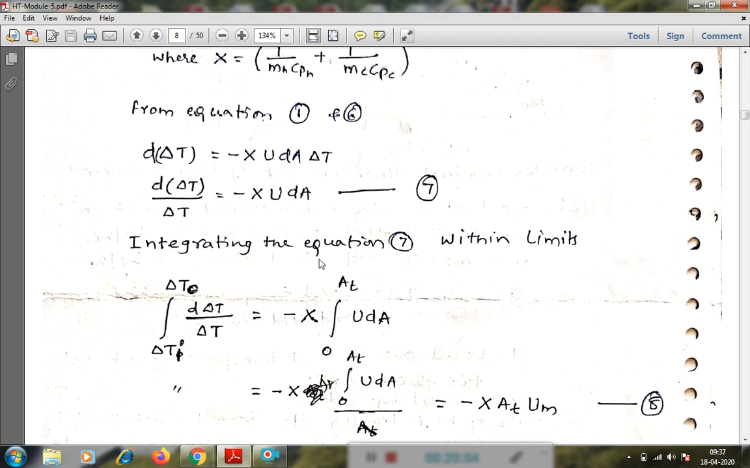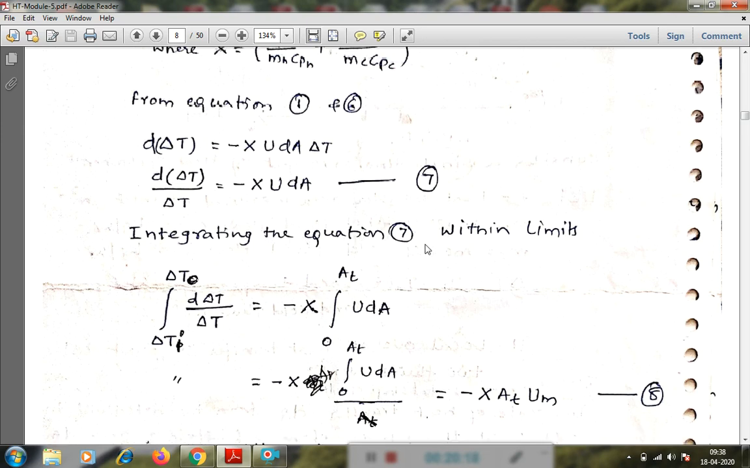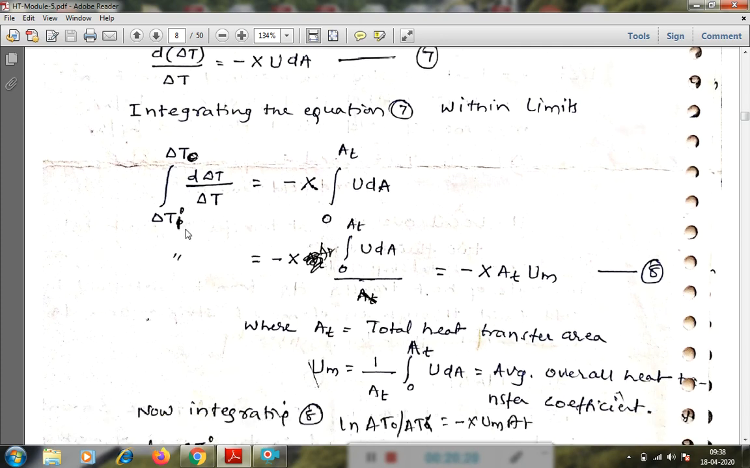Equation 7 will give the total temperature difference from this small temperature difference. For that, we have to integrate equations 6 and 7 within the limits, that is, delta Ti and delta T naught. Integration of d of delta T by delta T within the limits of delta Ti to delta T naught